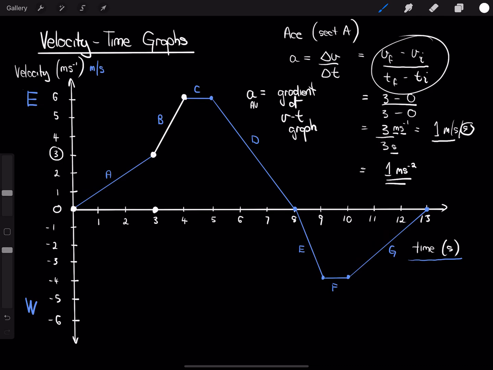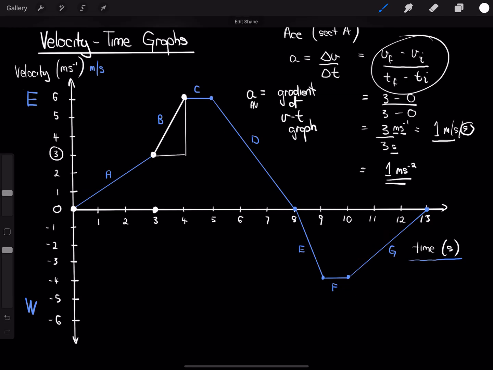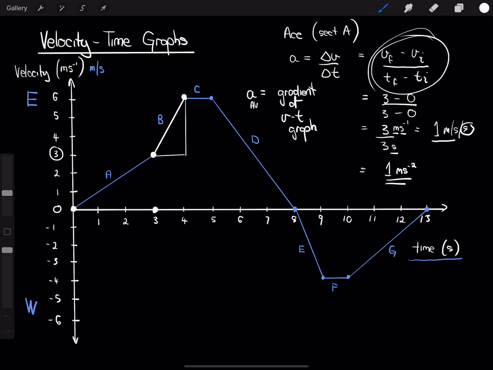In section B, once again, all we need to do to work out the acceleration is to work out the gradient. So we need the rise over the run, or alternatively just your final velocity and your initial velocity. Let's use this method here since we've used it initially. So here, the initial velocity was 3 meters per second. The final velocity is 6 meters per second. The initial time is 3 seconds, and the final time is 4 seconds. And so the acceleration for section B